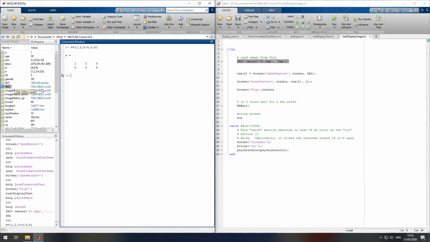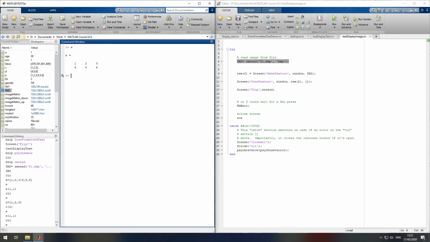Now why do you have 3? You have 3 because IM2 is a color image, and color files generally are specified according to 3 different primary colors, which are red, green, and blue. So basically you have an image for red, an image for green, and an image for blue. They're stacked one on top of the other. Okay, so don't worry too much about these details. The bottom line, just where I want to get to, is that currently IM2 simply is a matrix with some